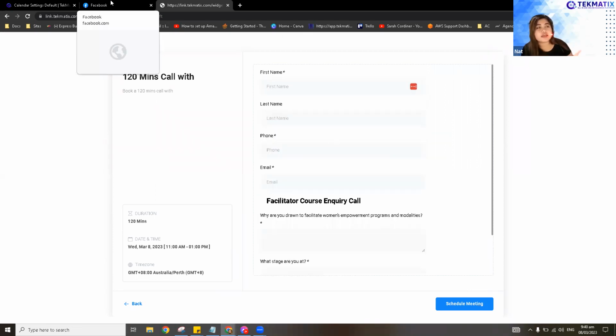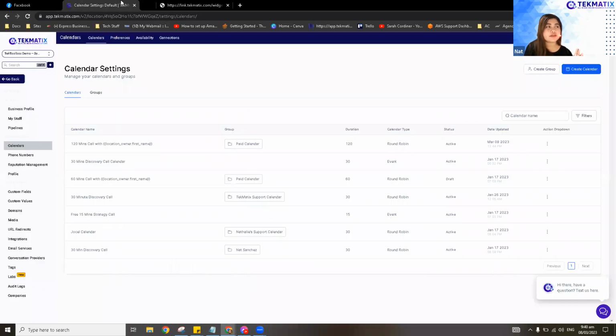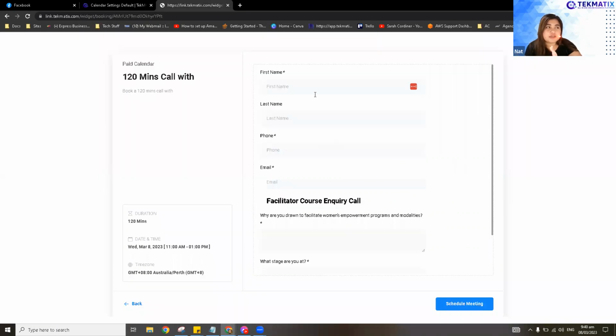And another thing is to have another form. What we're going to do with that one, when someone submits a form, we will redirect them directly to the calendar link. But then again, they have to fill out the form, which is basically this one for the confirmation. So what do you think about that, Adriel? Do you prefer this one, or do you want to do the form first?